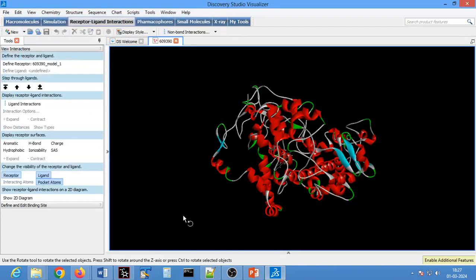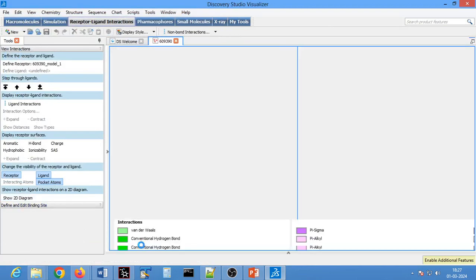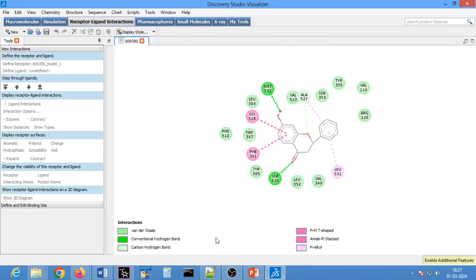Open it, right? And we will do the same thing. Go to the receptor ligand interaction tab, and we will show the 2D representation. Okay, and now you will realize that the tyrosine molecule that was initially showing hydrogen bond is no longer in hydrogen bonding distance. In fact, these two hydrogen bonds appeared that were missing in your molecular docking study,